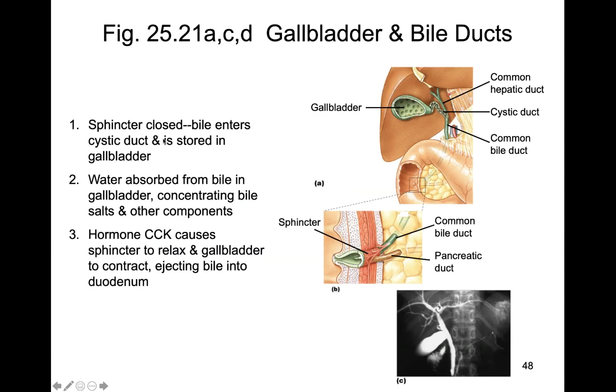So this is a review of how the bile is getting where it needs to go. So the sphincter is closed, and bile enters the cystic duct. So you have your liver here, and you have your common hepatic duct. You have the left and right hepatic ducts that come together and make the common hepatic duct. The cystic duct is coming from the gallbladder, so the bile is being made by the liver. It can go to the gallbladder and be stored there, or it can go down and go